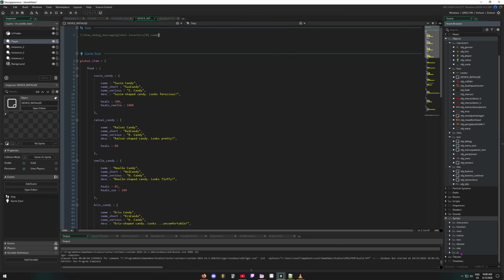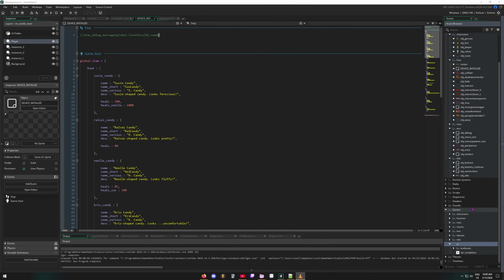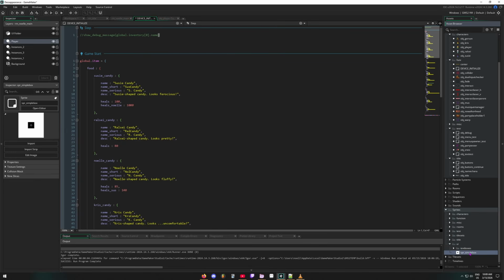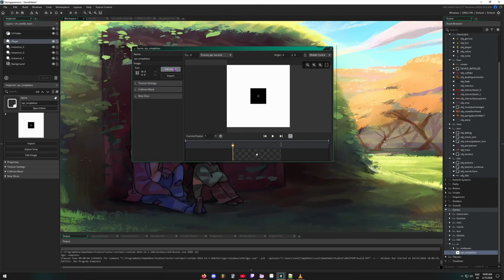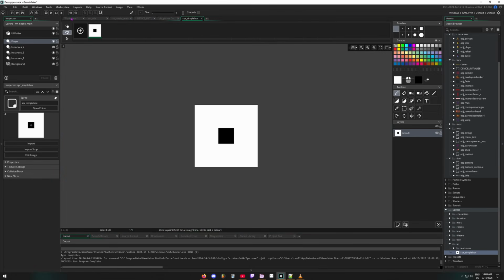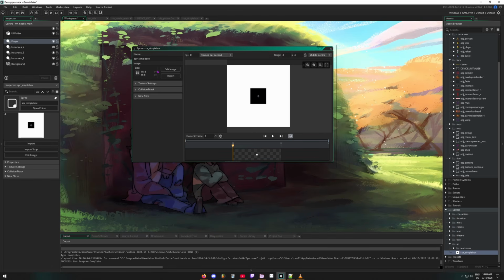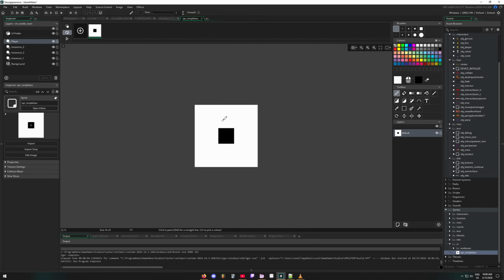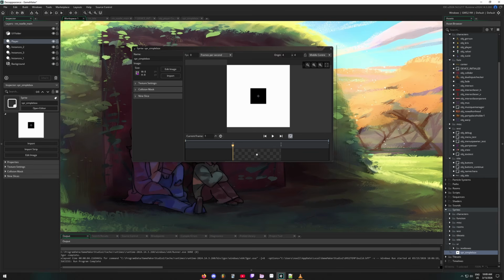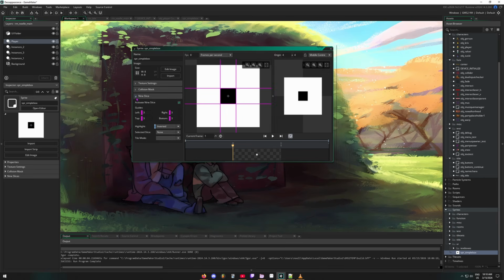Just create a UI folder under sprites, and in it, we want to create a sprite called spr_simplebox. Set the sprite dimensions to 8x8, then click Edit Image. We just want to have a 4x4 square in the center and fill the rest in with white, black square in the center. And back in our workspace, set frame rate to 0, and then expand the box where it says 9 slice, and make sure to check the activate box and put